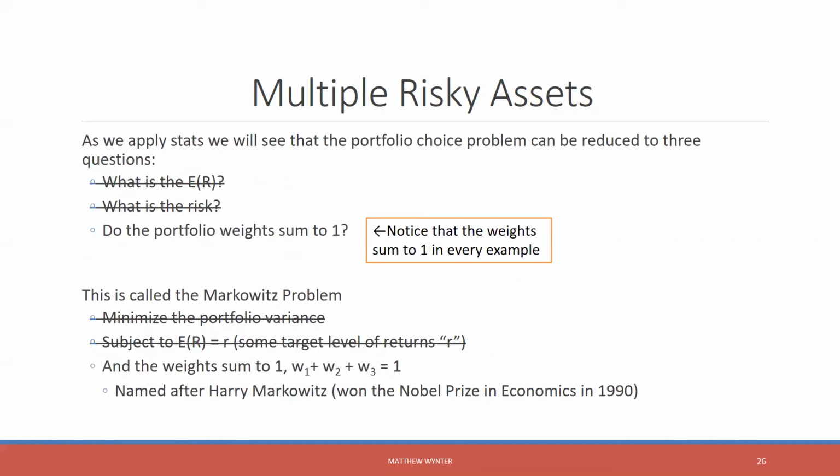Okay, so we've established how to measure the expected return for the portfolio. We know how to measure risk for the portfolio. We still haven't really said much about the weights. What I'll say as an aside, notice in all of our examples, we've had our weights sum to 1. And that's always going to be true. Your weights will always sum to 1. They don't all have to be positive by any stretch of the imagination, but they will always